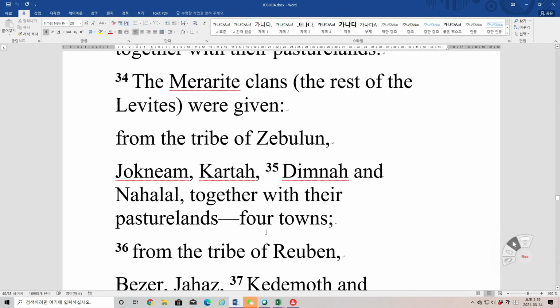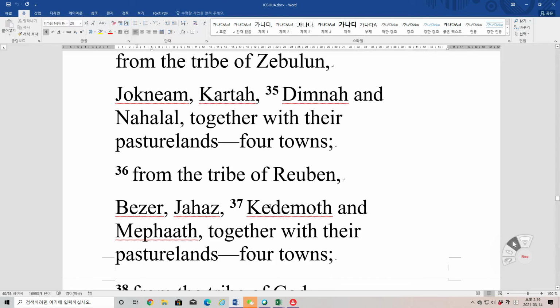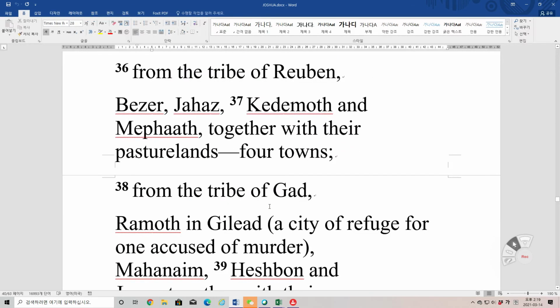The Merarite clans, the rest of the Levites, were given from the tribe of Zebulun, Jokneam, Kartah, Dimnah, and Nahalal, together with their pasture lands, 4 towns. From the tribe of Reuben, Bezer, Jahaz, Kedemoth, and Mephaath, together with their pasture lands, 4 towns. From the tribe of Gad,